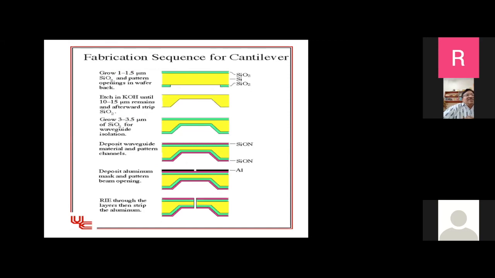Yes. So I'm illustrating the use of this process using one example. This technology is called bulk micromachining. What you are seeing is a cross section of a device. You can see the last picture in this. You have two parts with a gap in between, one part on the left hand side and another part on the right hand side. Each one has several layers shown in different colors.